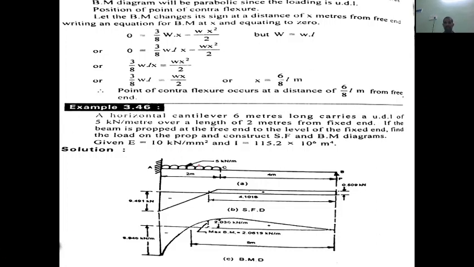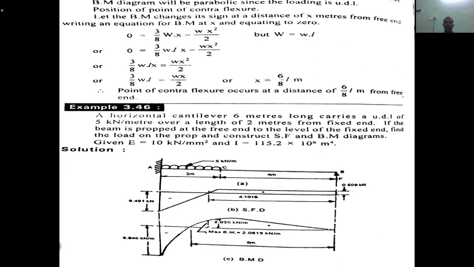Right, this is the diagram, and the shear force and bending moment diagram values we will get after calculation of different shear force and bending moment at different points. Right, we'll start with how to calculate. First, calculate prop reaction. For this, we need to calculate the downward deflection due to UDL only. When a partial UDL is applied,